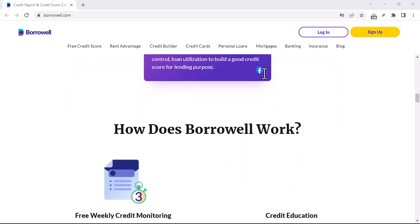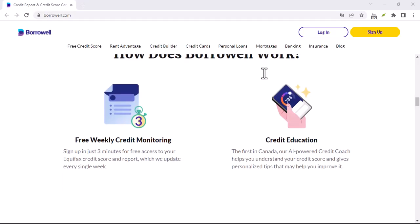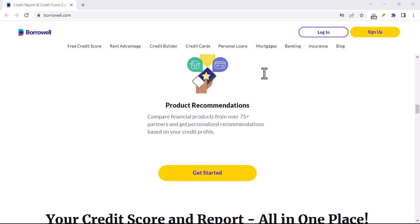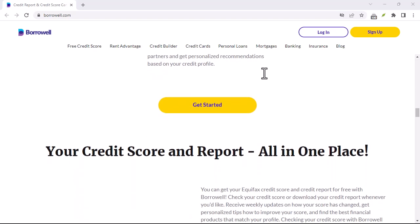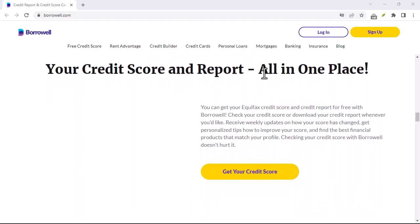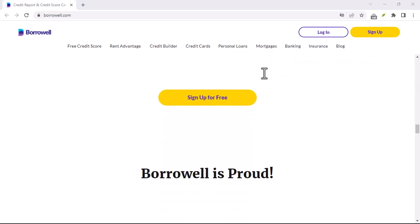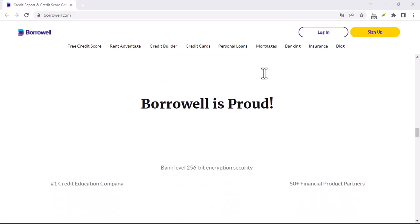Getting your credit report through Borrowell is a soft inquiry, which means it will not hurt your credit score, no matter how often you check it. This service is entirely free to use and does not require a credit card or your social insurance number to sign up. Once you have a free account, you can typically view and download your full Equifax credit report from